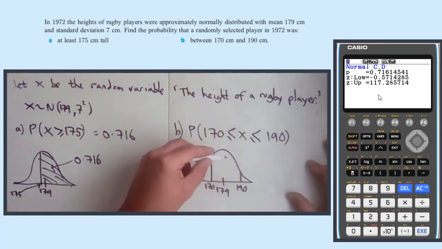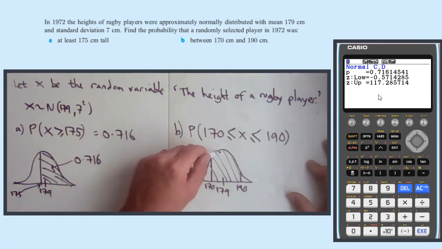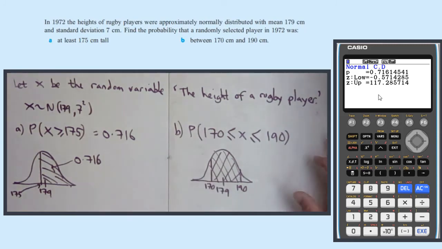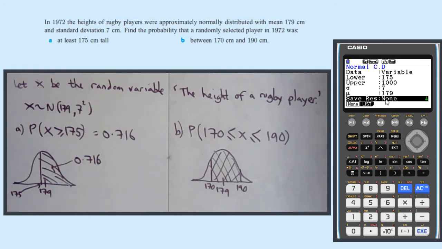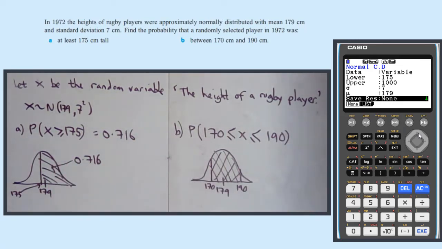And remember, a good sketch, it does count as working marks. If, say, something went drastically wrong with your calculation after this, you still might pick up a mark, but it might not be worth it for the time it takes. Go to our calculator. The mean and sigma are already in there from the last one. Do check that though, because if I've used the wrong mean and sigma for this, then I might get punished twice. Okay, so the lower 170, upper 190, and click through, and that gives us a probability of